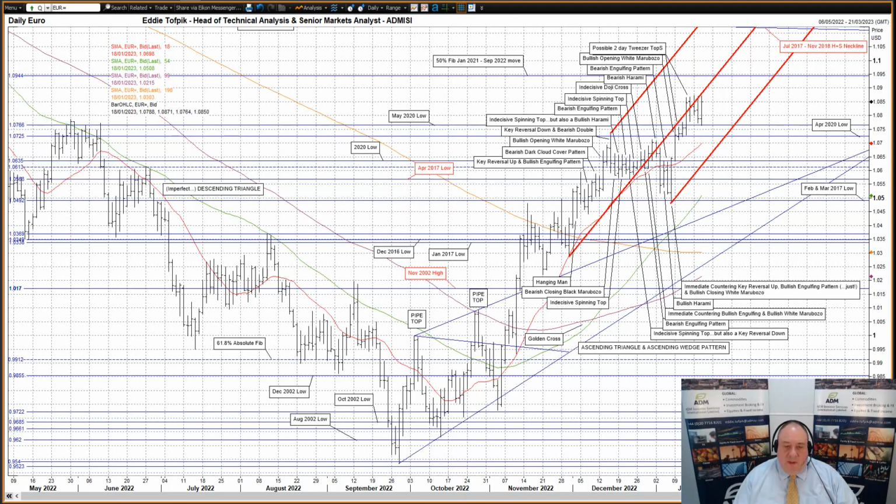Euro dollar. A third bearish black crow yesterday and a continuation lower from the possible tweezer top formed late last week. The cap was once again the middle tine, highlighted in red on my daily chart, of the late November 2022, early January bullish Andrews pitchfork, currently at 108.79, whilst the support below was, unsurprisingly, the May 2020 low at 107.66. Below this May low is the April 2020 low at 107.25 as the next support.